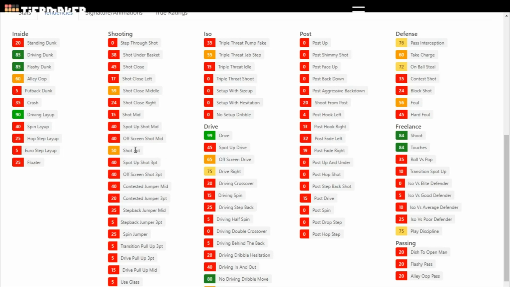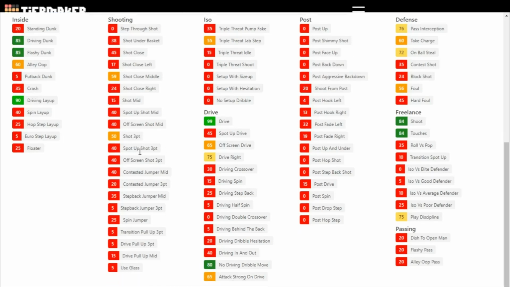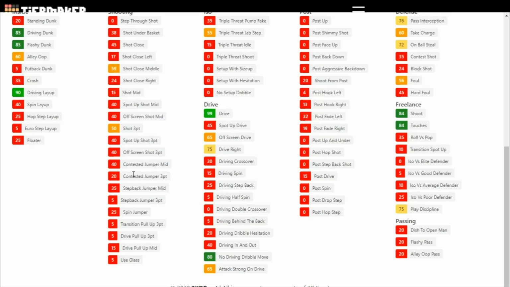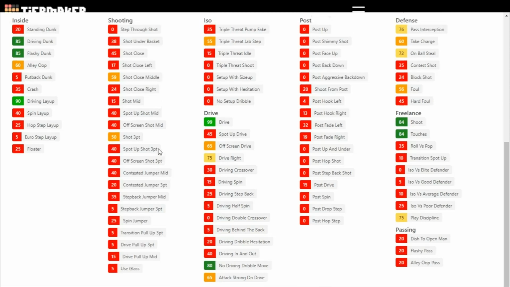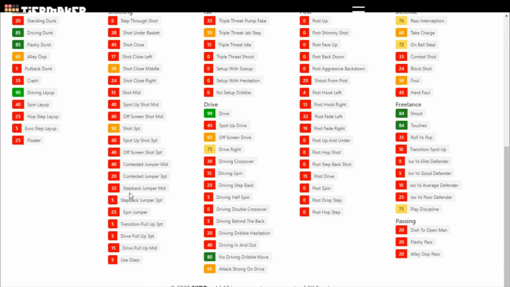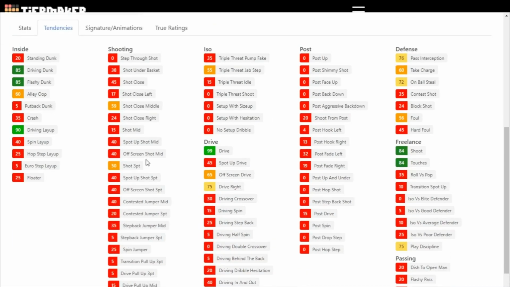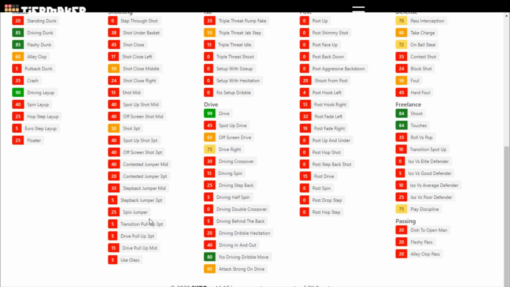The shot three-point tendency doesn't mean much. Obviously, you're going to be doing most of that. Contested jumper, none of this stuff matters. I don't even know why they have this in the game at this point, just because you can't run CPU controlled games, so it doesn't really make sense. This is just in here for overall padding for the most part, and just padding cards to make them look like they're a lot better towards the end of the year. Doesn't affect the overall, so I shouldn't say that.